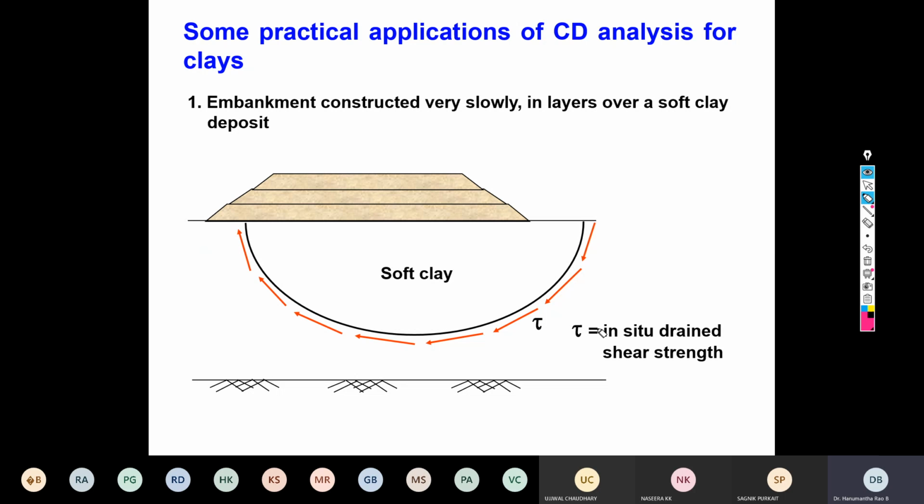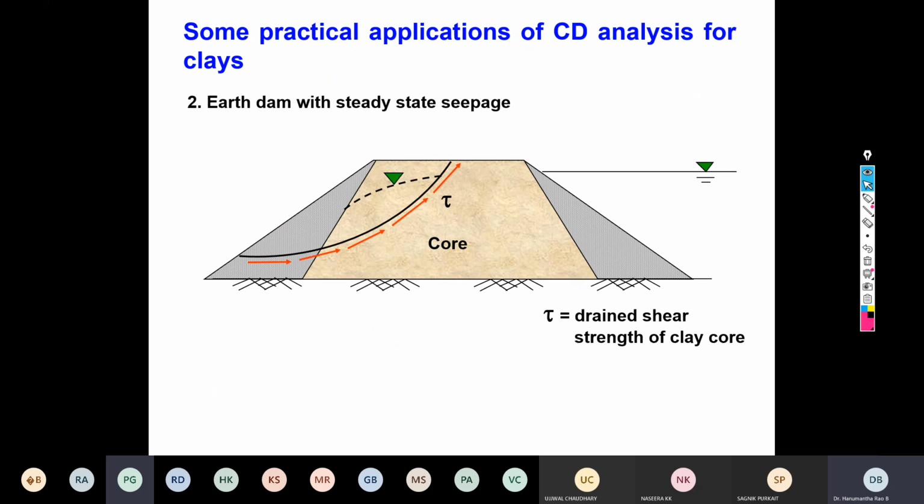This is the in situ undrained shear strength. Sorry, in case of the CD test, what you get is the in situ drained strength. Sir, this clay would have been lying on the ground for a long period of time. True. So it must be consolidated by its own self weight also. True. So some water must have been expelled out by the self weight. Correct. Or if it's very long, then all the water may have drained.